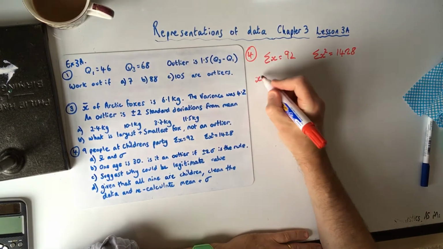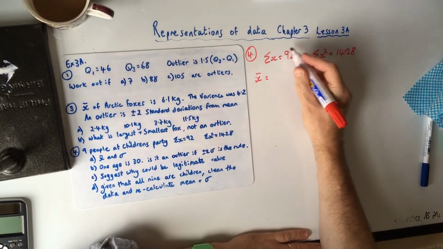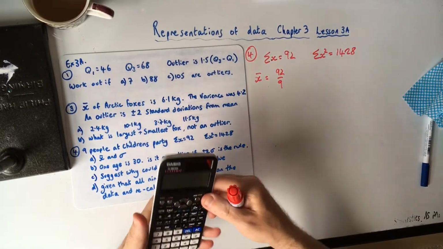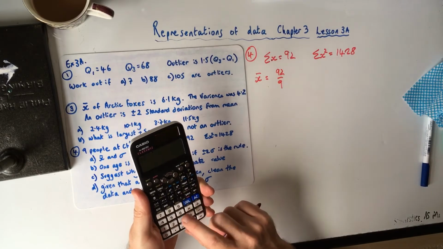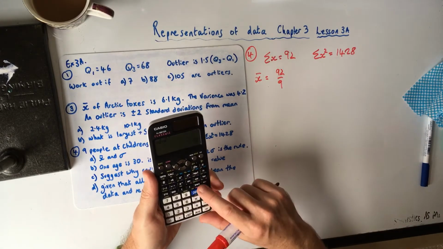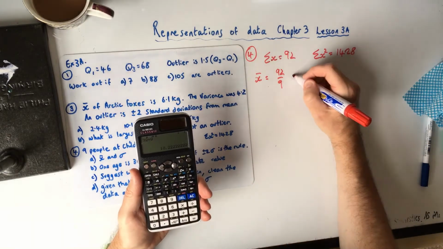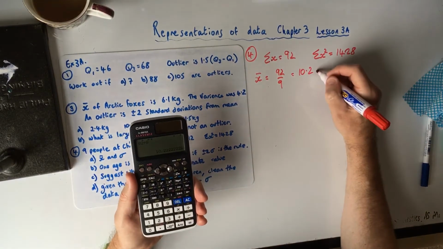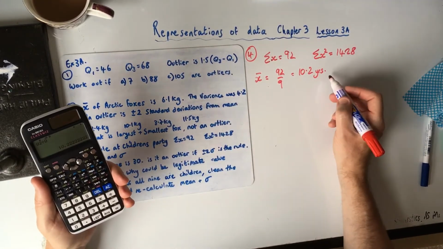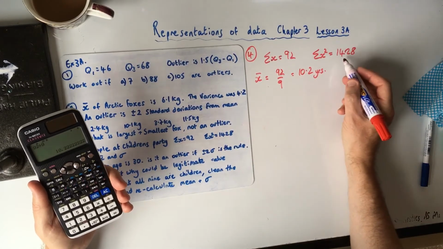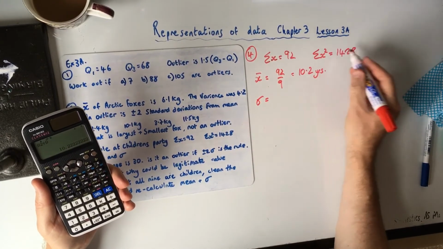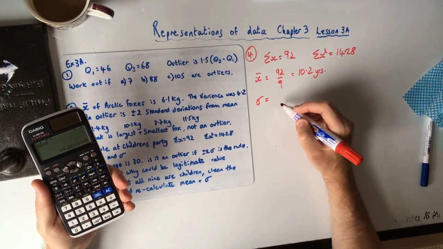Okay, so the mean is the sum of the ages divided by how many there are. So 92 divided by 9 is equal to 10.2 years old. Okay, quite old for a children's party. 10.2 years old. And the standard deviation, remember, is using this sort of summary data, okay, is